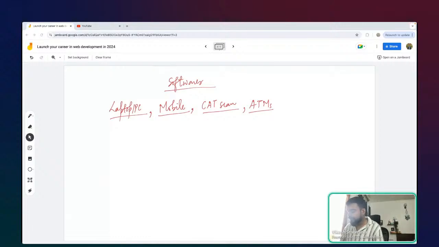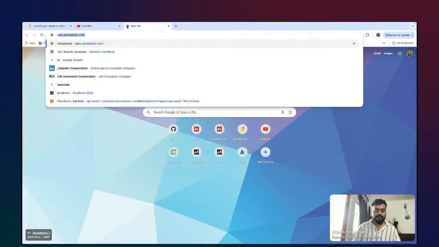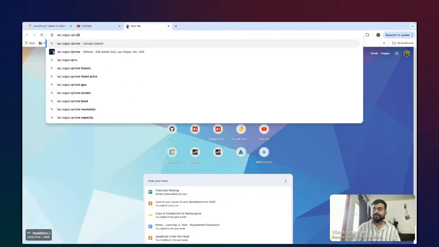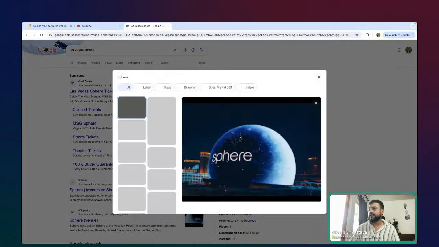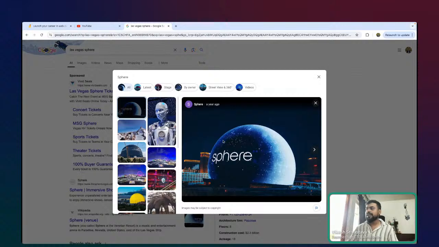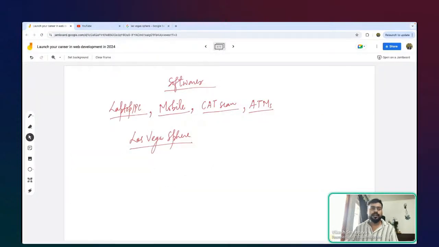You might have heard about, let's say, the Las Vegas Sphere. कभी किसी ने देखा ये? Has anyone seen the Las Vegas Sphere? एक बार देखते हैं, चलो. Okay, so has anyone seen this sphere? So we are trying to display certain video or certain graphics or images on this very huge LED display. So I might need some special software which can process the video appropriately so that it can be rendered smoothly. Okay. So this is where also we are running software.